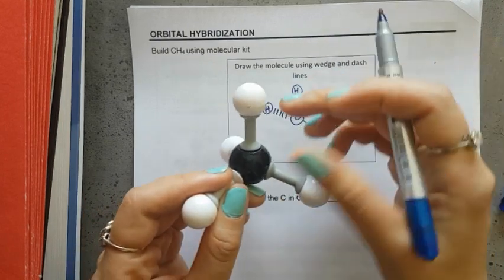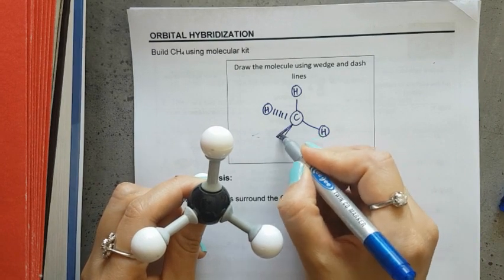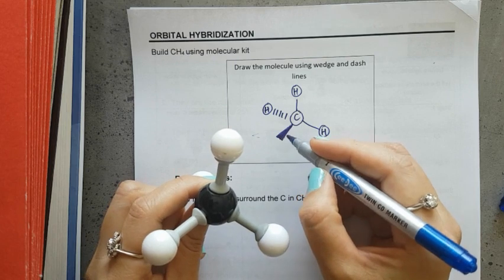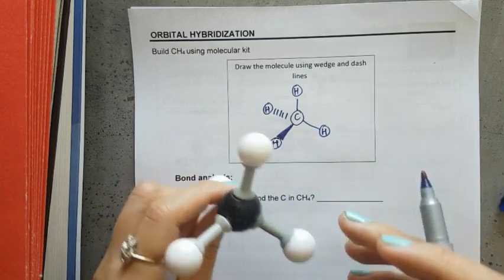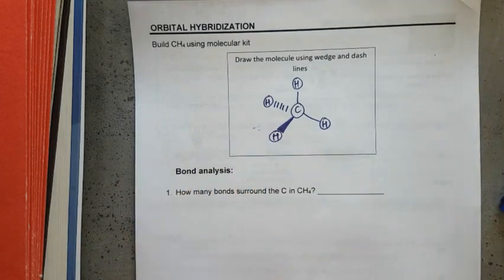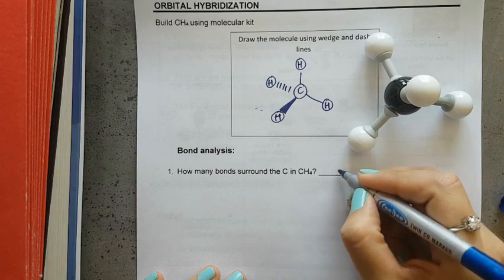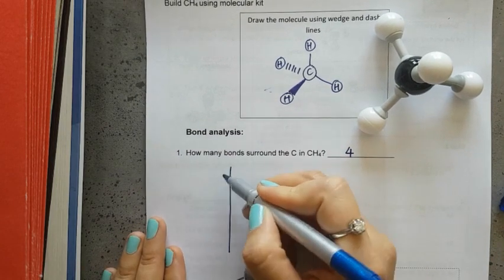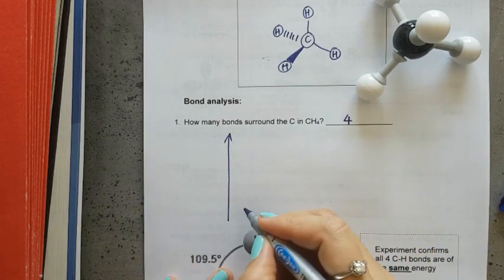This represents the bond going away from me, and to represent the one that's going towards me, we will darken that, and that would be a solid wedge. And that would be hydrogen 2. Okay, so as we can see clearly, there are 4 bonds around the carbon. And if we were to draw the energy diagram for the orbitals, we start with the